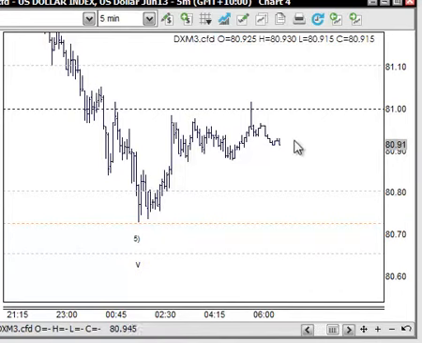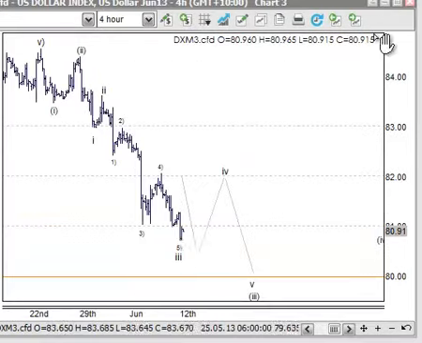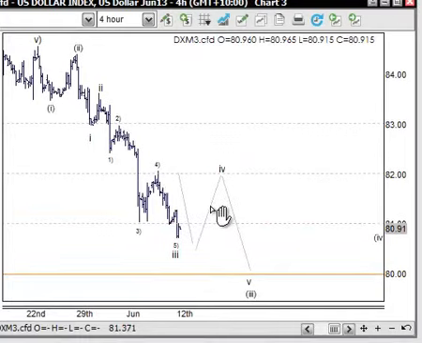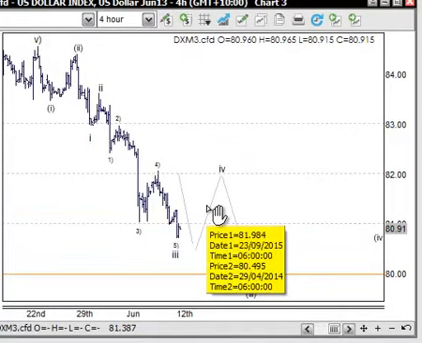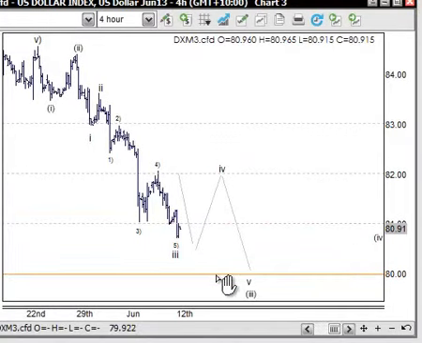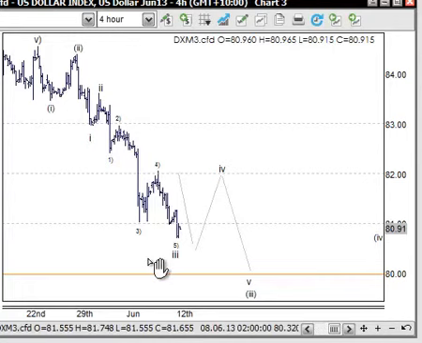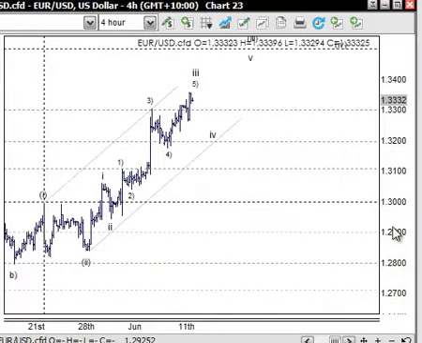Now we can expect an ABC correction back, and then another move up through that. So this could be the start of that rally that I've just mentioned coming in through here. So we need to keep an eye on that. And of course, we're going to find support down here at the 80 anyway. We're going to see it bouncing. We see it bounce into group 1, 2, and 3 here anyway, and that's what's occurring. So there's going to be more bouncing going on here, and that's going to obviously reflect back into the euro